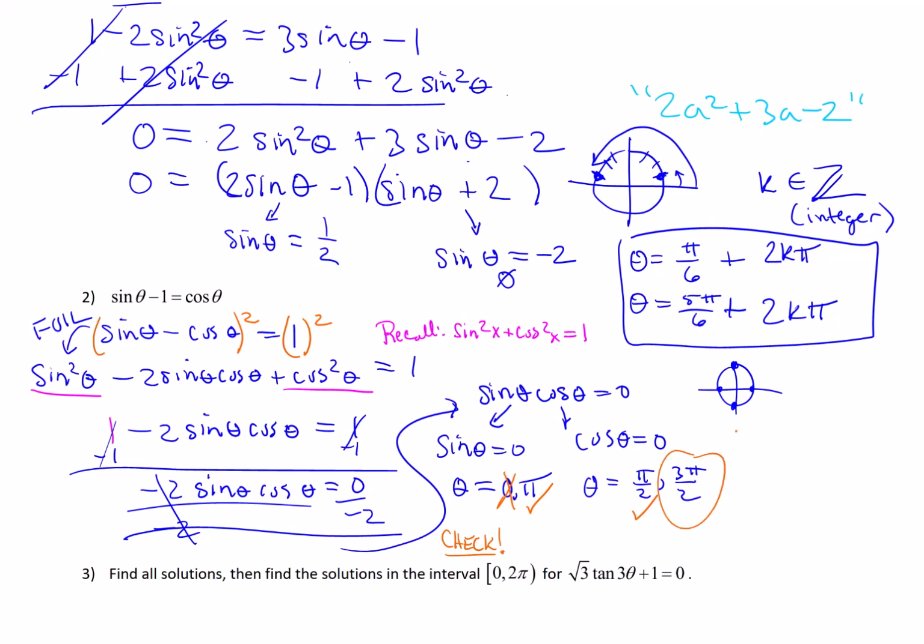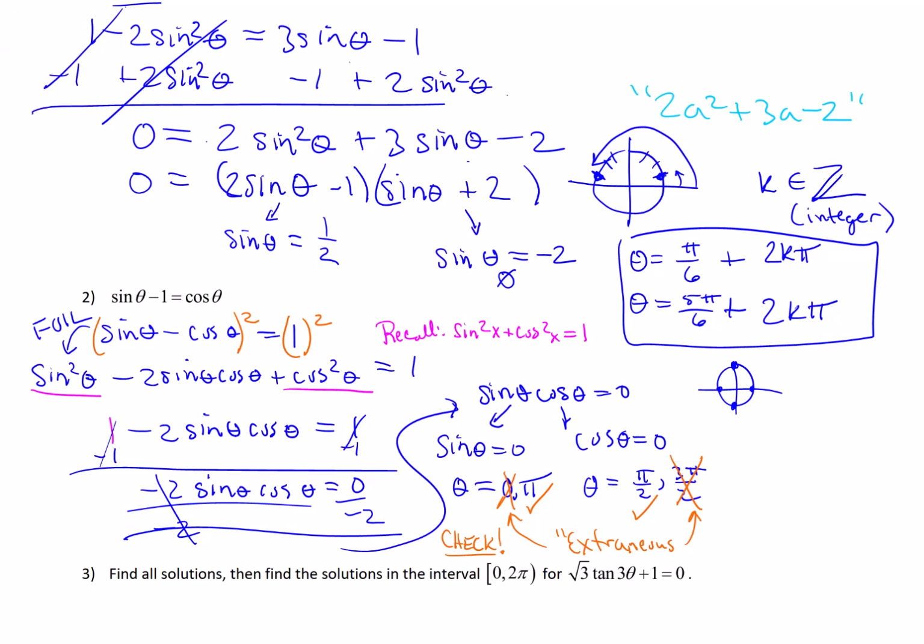Let's check 3 pi over 2. Plugging it in, sine of 3 pi over 2 is negative 1. Negative 1 minus 1 is negative 2. Cosine of 3 pi over 2 is not negative 2, it's 0. So actually, 3 pi over 2 does not work. Those are called extraneous. That is the 0 and 3 pi over 2. The two that we had to exclude or cross off, those are called extraneous, which means we don't use them